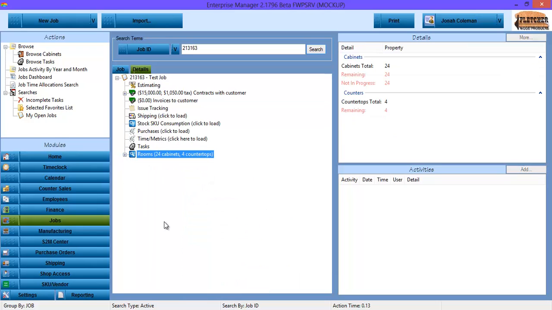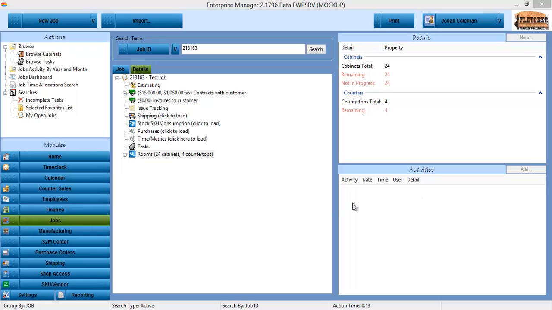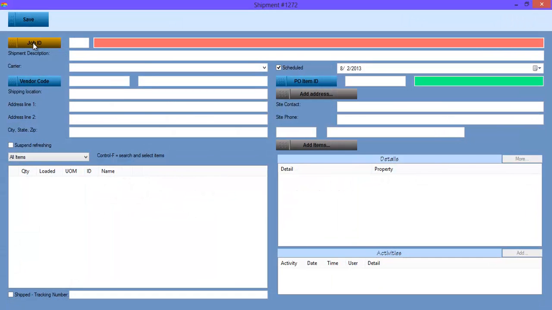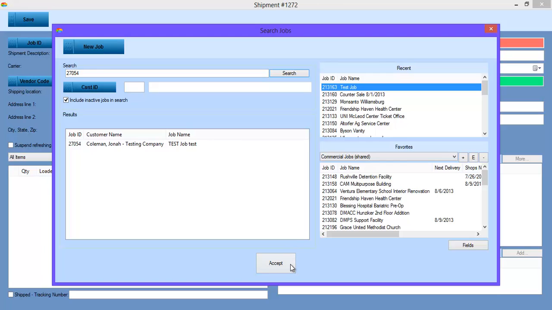Now before we actually go into production, not all shops use the Screen and Machine Center. Some of them use BeamSolve, point to point, and they don't use any of my stuff beyond the shipping module. And this is a list of shipments that exist. But if we were going to go ahead and set up a shipment on these, we could create a new shipment, select our test job,